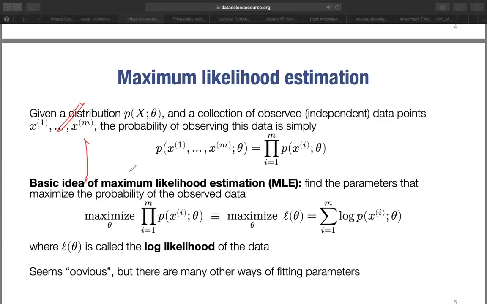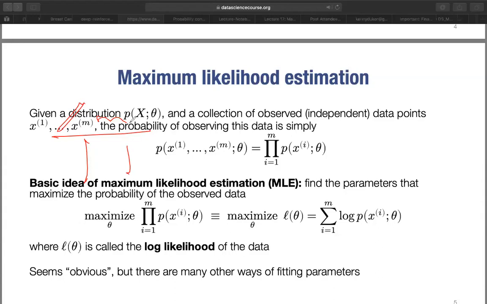So when you see this, this actually means product. It's the product from the first data point to m, for all the data points, or the product of each of the data points. The product of the probability of each of the data points given that parameter theta, right? So what it's trying to say is that the basic idea of the maximum likelihood is that